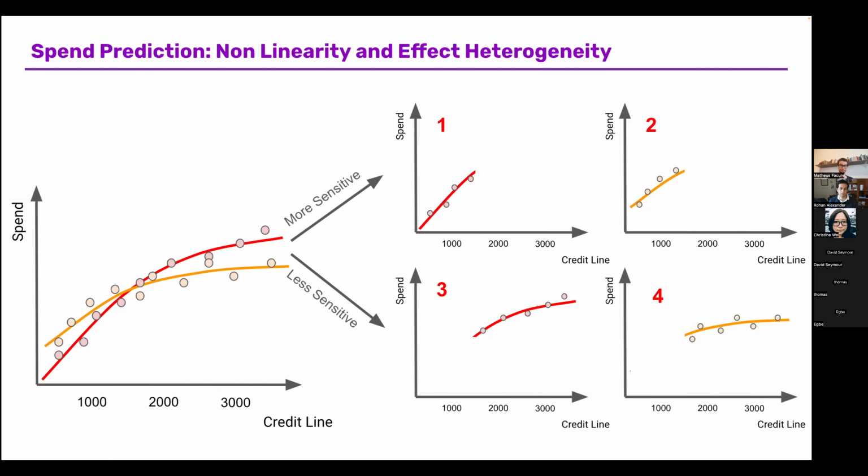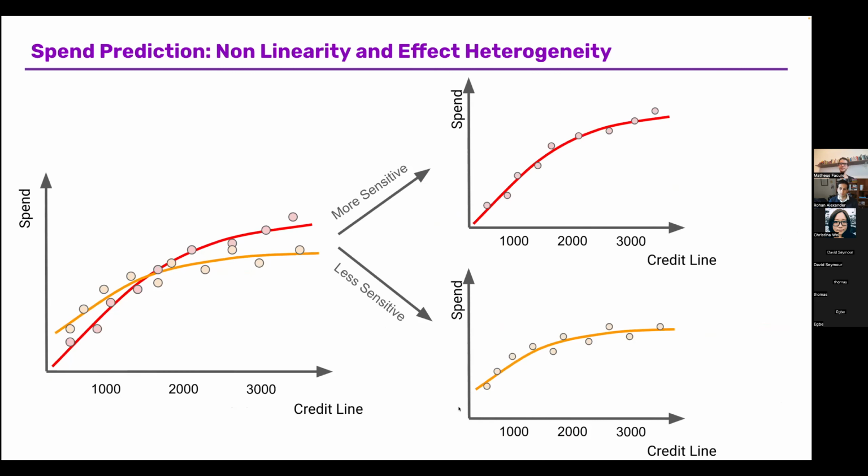For instance, if you want to give the first credit line, if these are new customers, you cannot use a local derivative because people are nowhere on this curve. They have zero credit line. They are here, at the beginning of the curve, and you want to understand which credit line to give to them. So there is no running from this. You have to estimate the entire curve, and you have to say, okay, this type of customer here has this type of curve, and that other type of customer there has this type of curve.